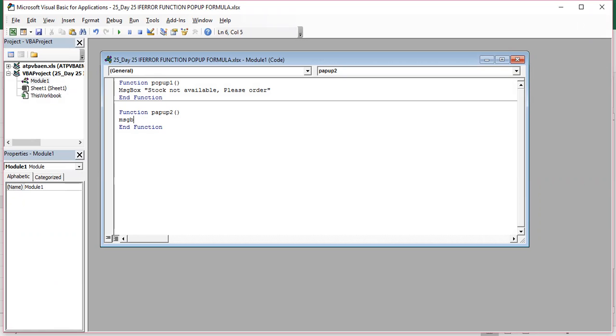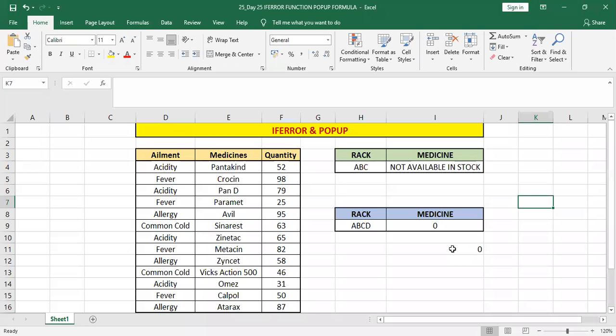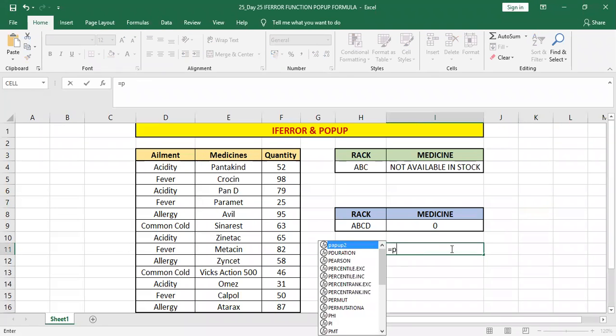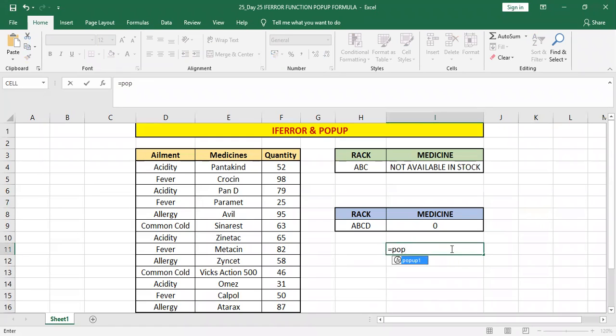So the message box will be, check it again, or only numbers. If you're pressing some kind of entry in a form, and then just close it, you will create another function, and you again can see here equal to PopUp. Now that we have made two functions, I'll have to check, but at least that's how you use it.